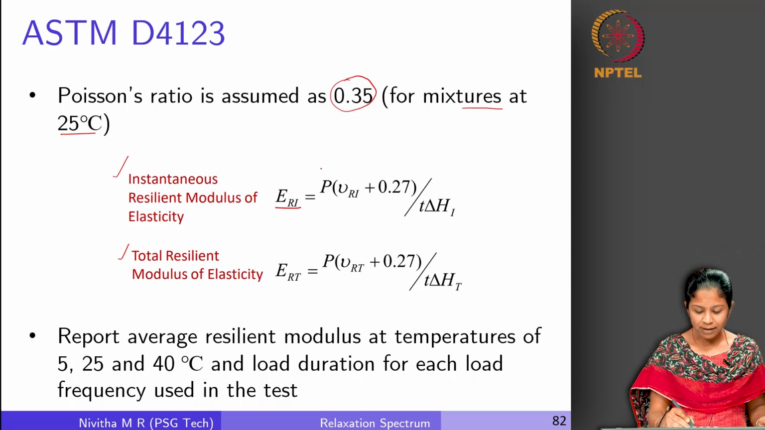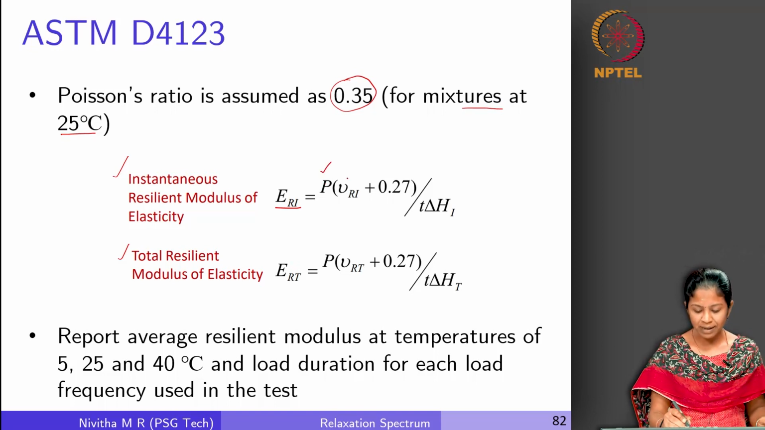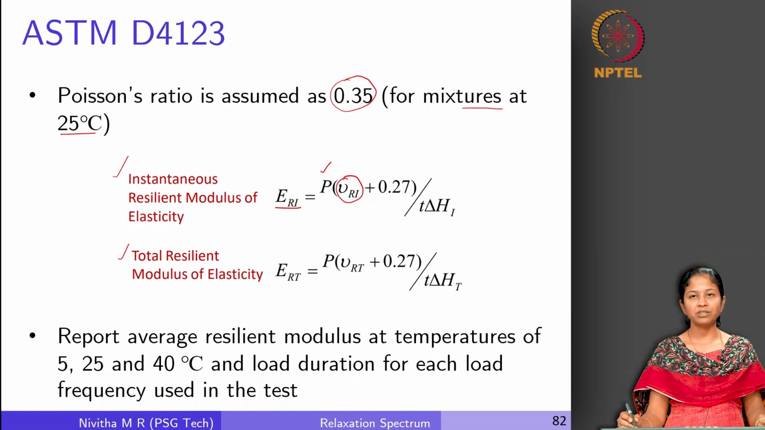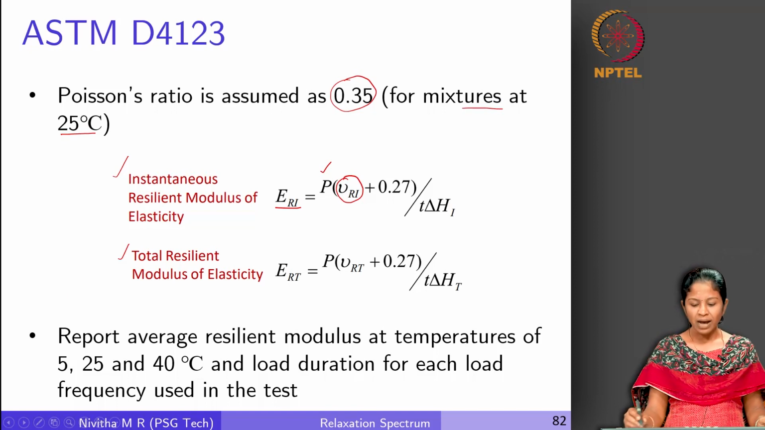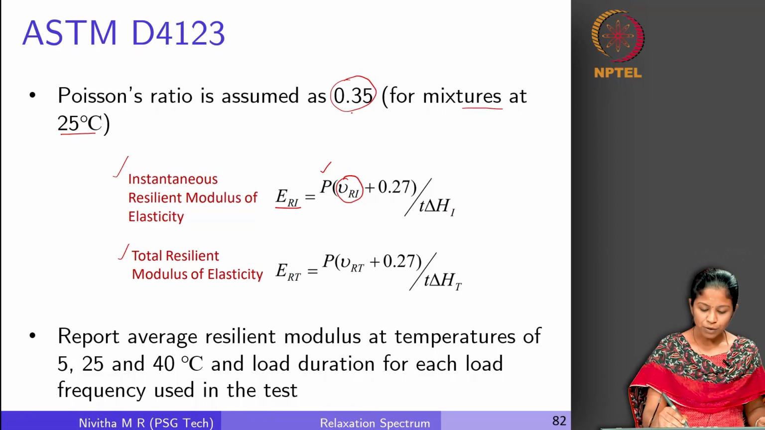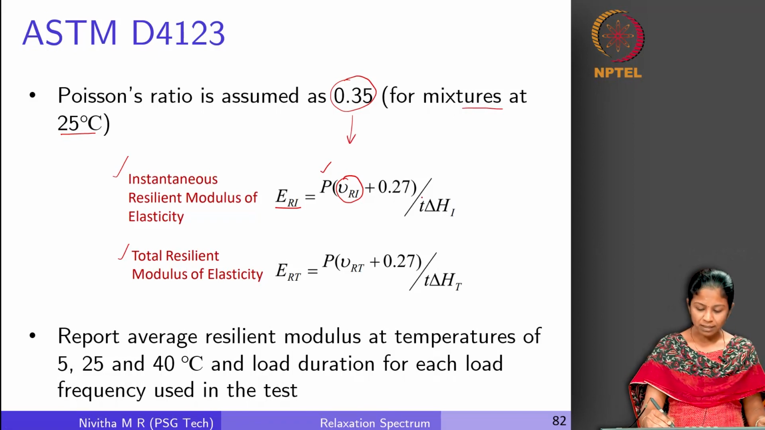So, it is calculated as a function of P, which is the maximum load that is applied. This is the Poisson's ratio. This is the instantaneous Poisson's ratio that we have to use. If we have computed it, we can use that value. Otherwise, we can use this assumed value of 0.35, and this is nothing but the